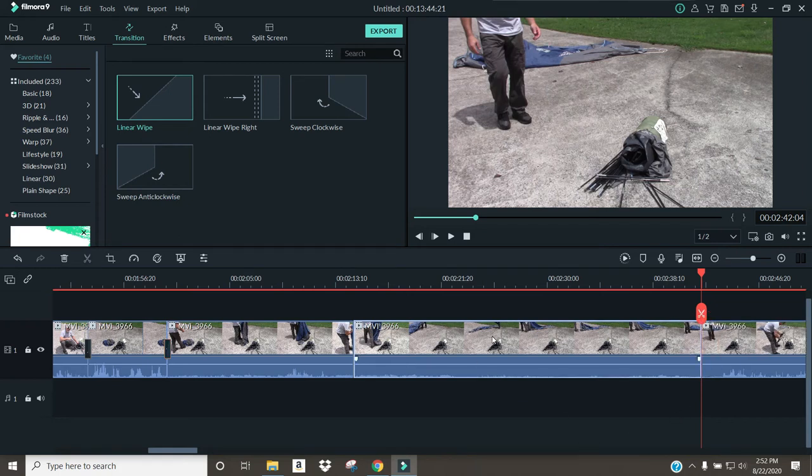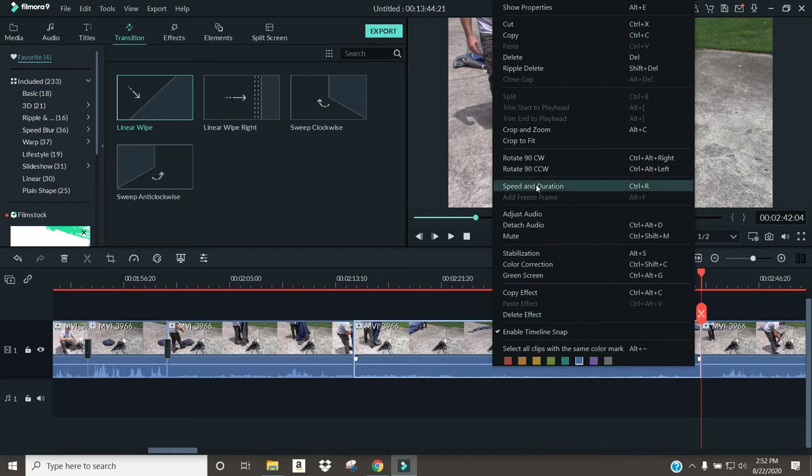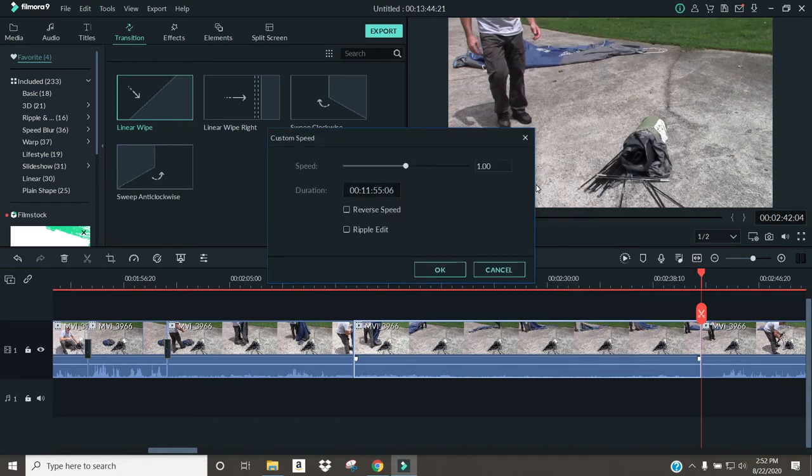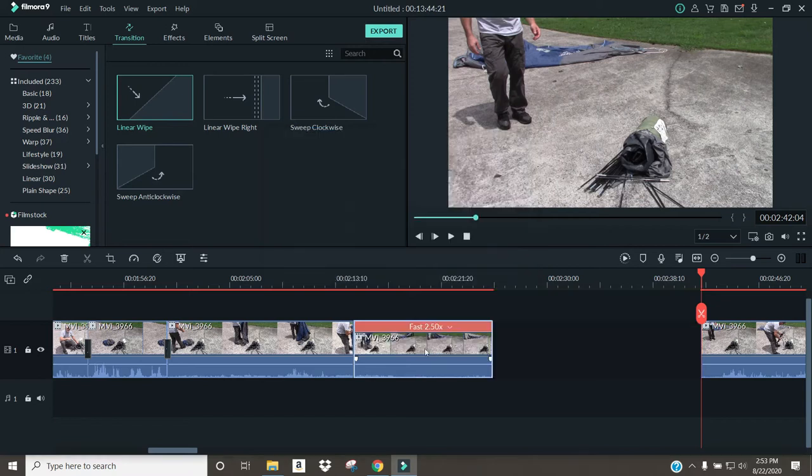So I'm going to right click, and if you notice, it says speed and duration right about in the middle there. I'm going to click on that, and it's going to give you some options. You can actually reverse this if you wanted to. I don't know what the ripple edit is, I'm not messing with that, but here it gives you a variation for speed. Instead of using this bar, because it's hard to tune that bar to exactly where you want it, it's very, very touchy, I'm going to click on this, and a lot of times I use 2.5. So I want to speed that up to 2.5 times. I'll click OK, and now you can see this shortens up dramatically. So if we flow through that,